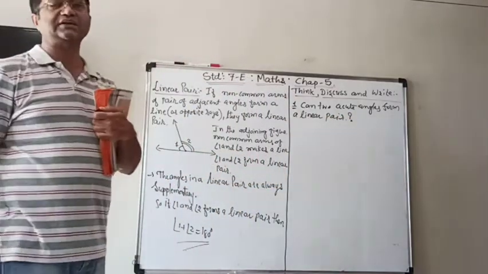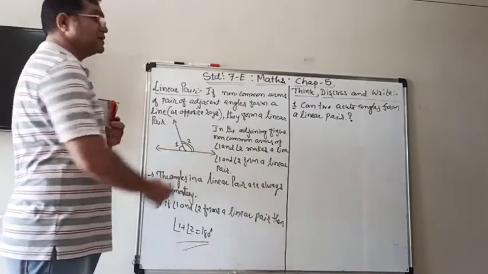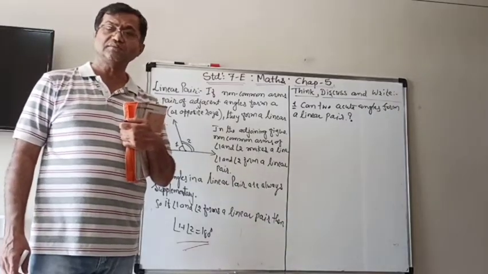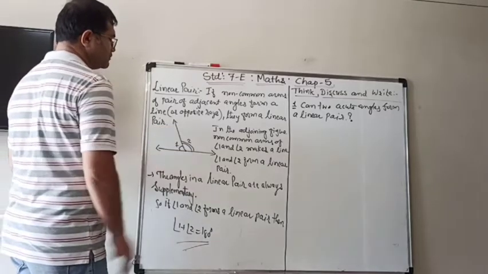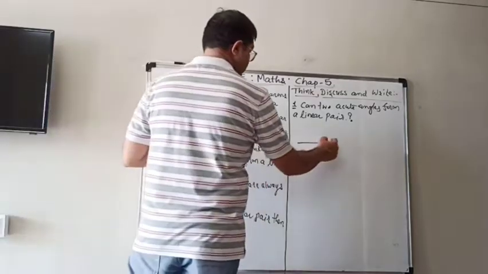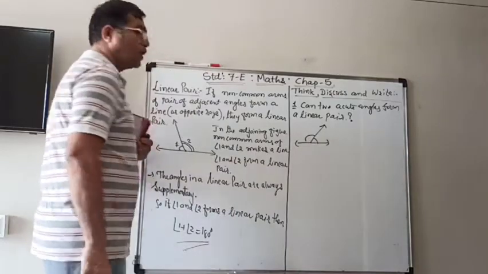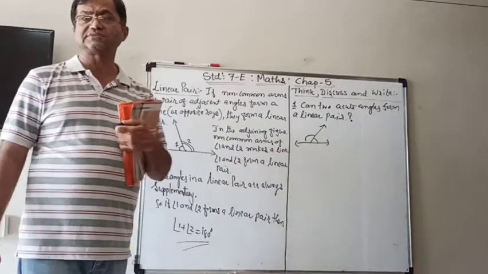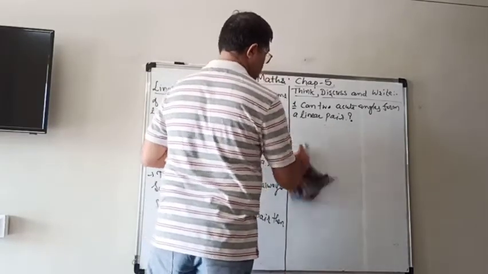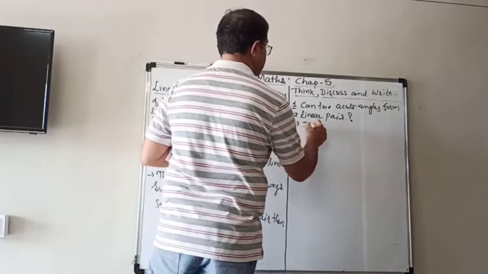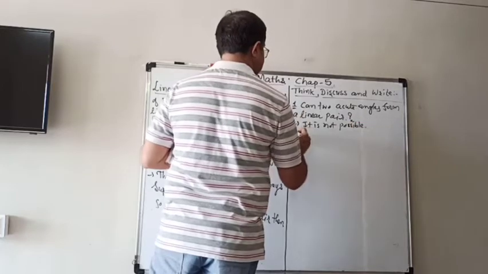Now from the figure you can see that, is it possible that both the angles should be acute angles? Because you can see here that one of the angles is acute, but the other will become obtuse. Let's try with the other one, like this one. This is acute, but that will be obtuse. So both acute angles are not possible. So we can say that it is not possible. So they cannot both be acute angles.